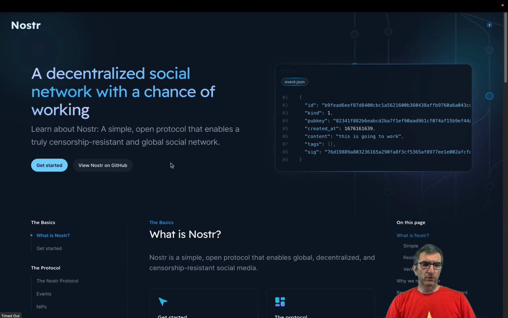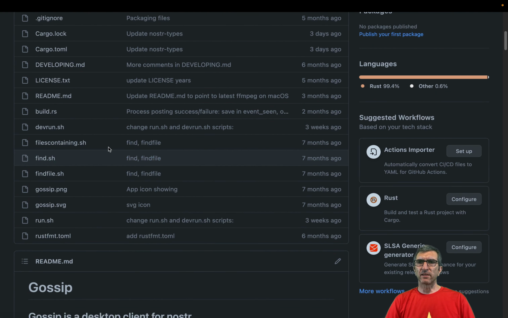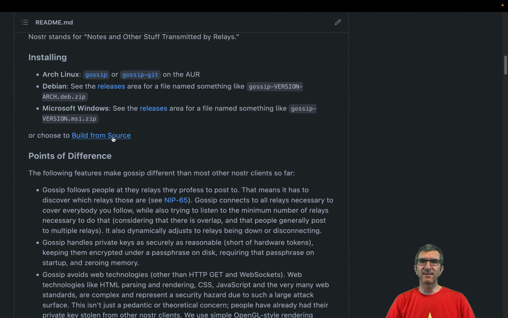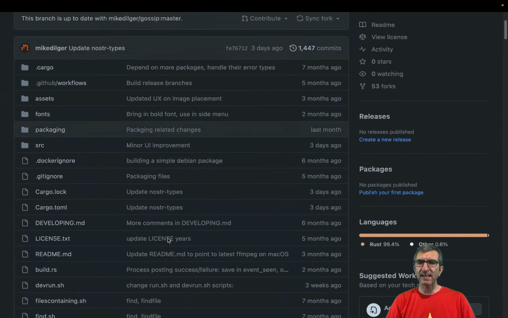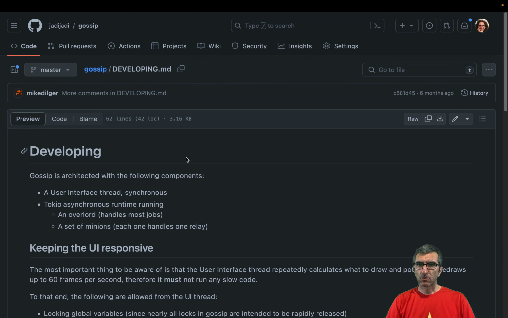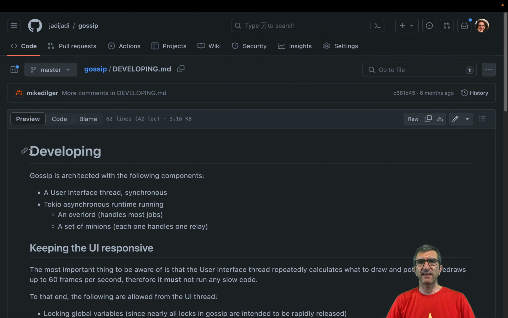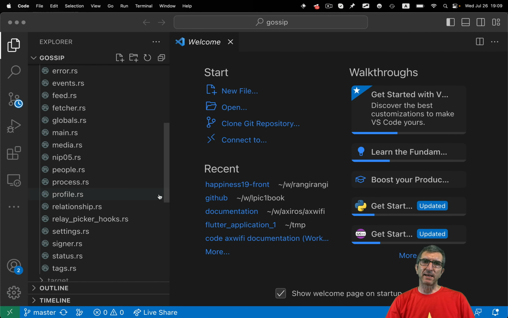And also it's always good, if you are going to contribute to a project, to read what they say. Read the whole README. I have done this. It says how to build it from the source, and has some samples and everything. At the end it also says, if you want to participate, go and read the developing document. So here you can see what the main developer who started the project says about developing. I have read this. So let's go back here and see if it's compiled.